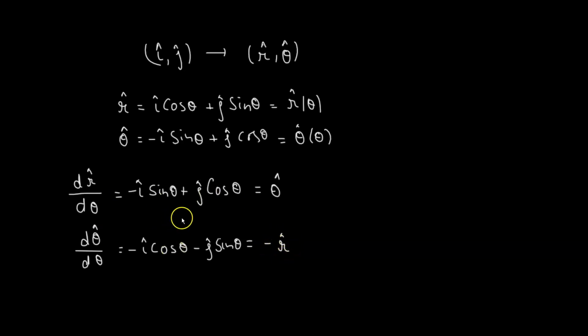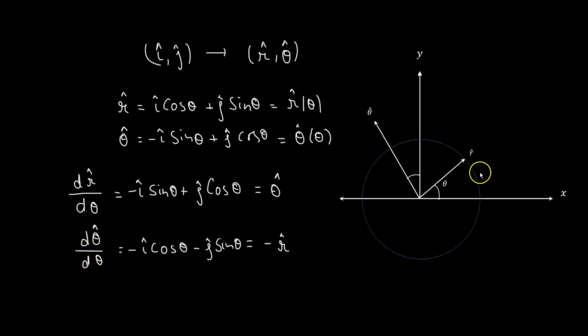So this is what we have obtained, but let's try to understand it visually. What's actually the meaning of d r cap over d theta and d theta cap over d theta? Let's consider the unit vector r cap at the angle theta. Let's say that the angle theta increases by d theta amount. So that means the radial unit vector is going to change from r cap theta to a new position. So let's call it r cap